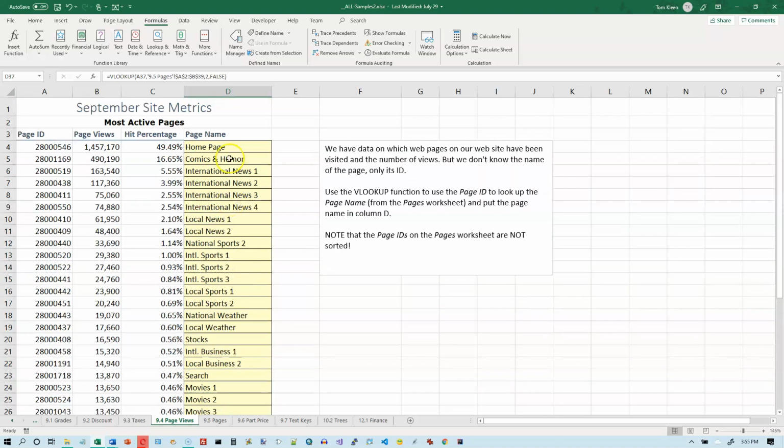So if you look through here now, none of these page names occurs more than once, and it makes sense that they would not, because all of these numbers over here should be unique. If I change this one to 280000546, then I will get home page again. If I do a Control-Z to undo that,